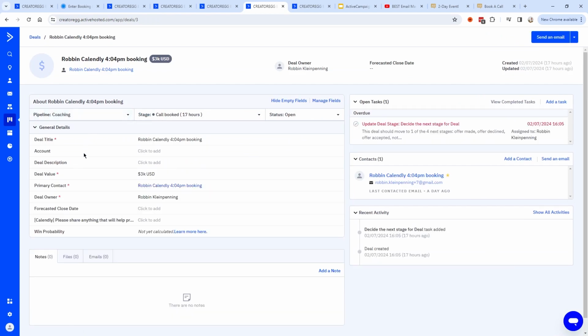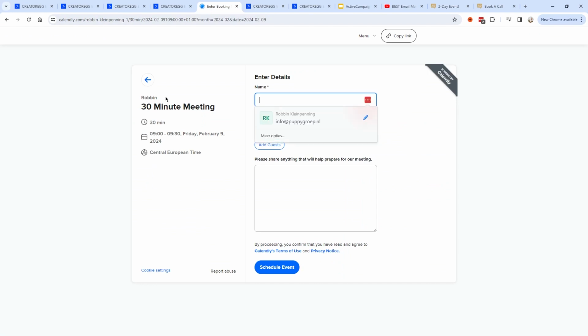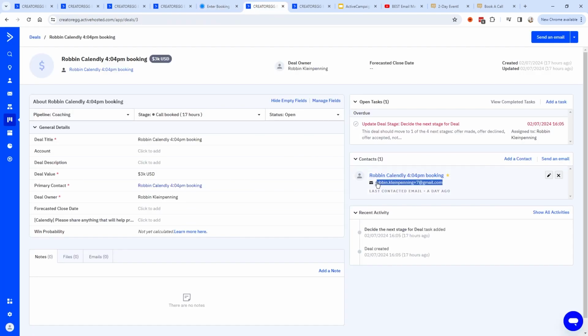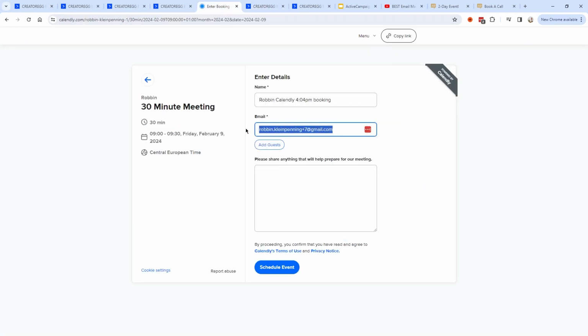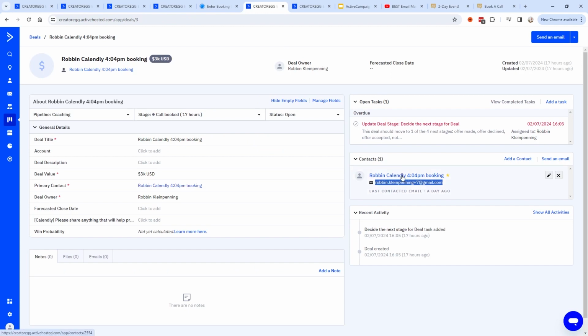so this is an example. So this is the deal page over here. And as you can see, this is the contact that is related to this deal. And it might be a little bit confusing. This name over here, as you can see, I'm just going to copy it. And what I did here for testing, I added this in the name field. As you can see, this is the email address. So this is what I did basically. So I used this email address and I've used this name, and that is the contact that is created over